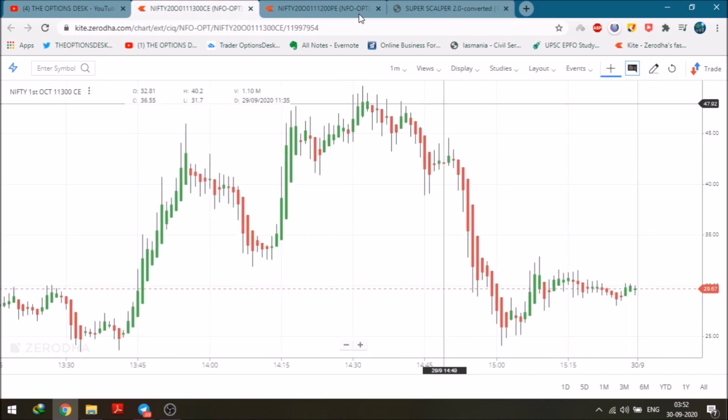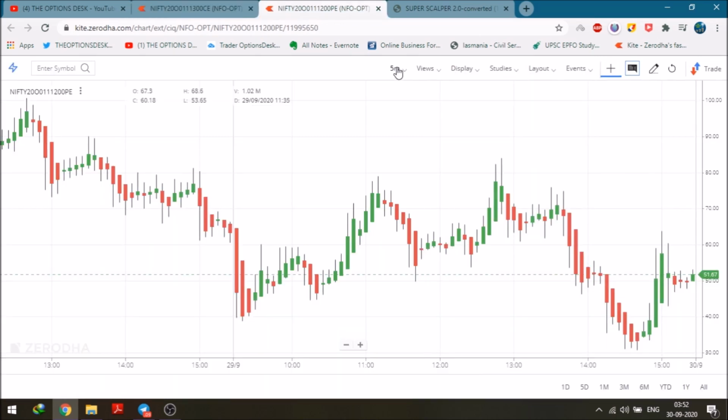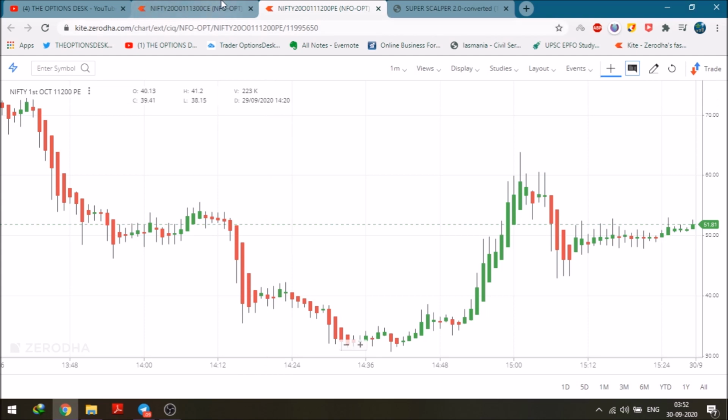Just a moment. So this is also the put option. As you can see, this is the 5 minutes time frame in Heikin-Ashi. I will set the 1 minute time frame. Okay. As the market was bearish today, you also know, so I will try to go with the puts, and